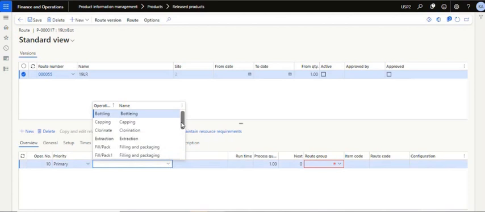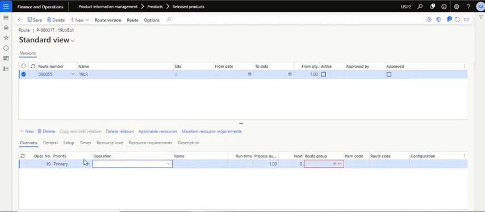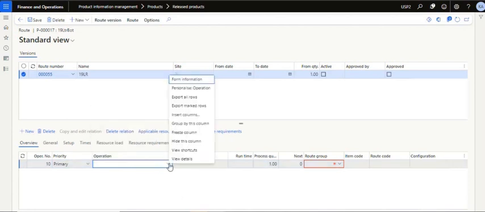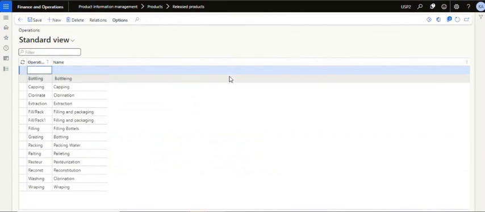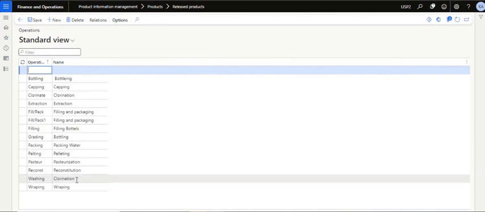All right. Then we have operations. Very important thing. Right now, we have multiple operations created over here, but we'll create a new operation for our purpose. Say for the washing. Our washing is already there, but that is chlorination washing. We'll create a normal washing one, for example,